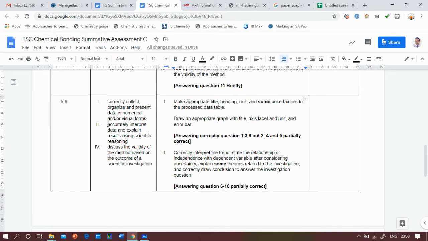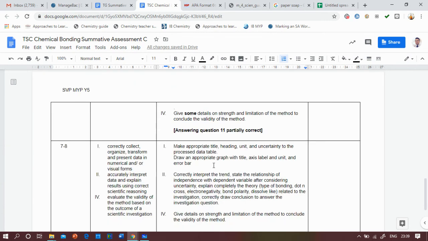And then the second strand in here is some theories again. There are some theories. So you might explain about electronegativity. Maybe there is some miss here and there, but there is still some proper or relatable theories that you explain there. The point is, after you state the trend correctly, you show some theories that explain that. What is the complete one? Well, the complete one is 7 until 8.